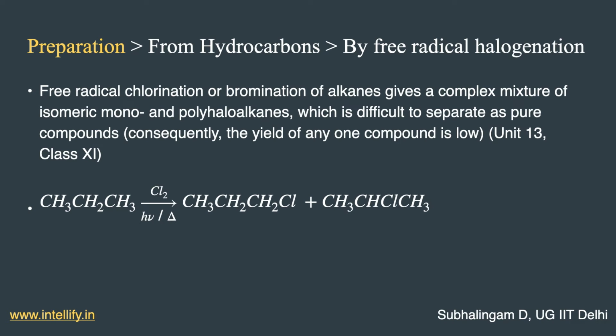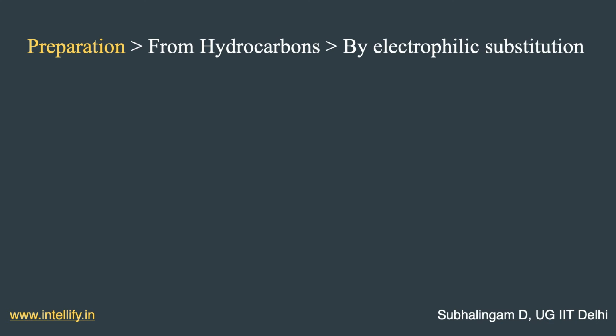So for example, I have taken propane and made it react with Cl2 in presence of light and heat. The monochlorinated products that I get are 1-chloropropane and 2-chloropropane. In fact, you can also get di, tri or polysubstituted chloroalkanes for that matter. Another point to note here is that you can get all possible positional isomers of these compounds, that is, you shift Cl to all possible positions. Next, we will look into